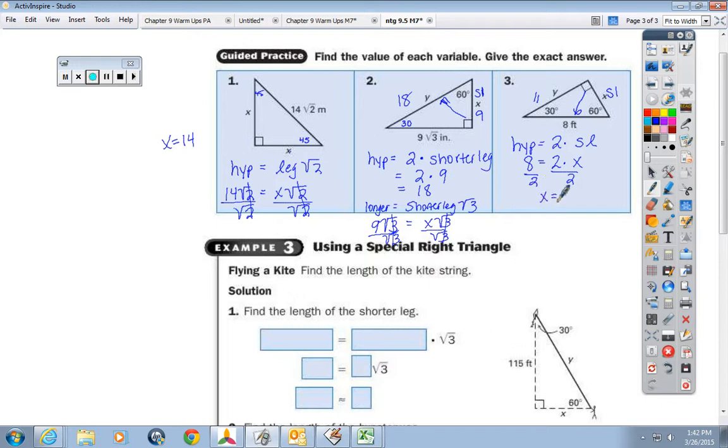Now, can I find the longer leg? What do you know about the longer leg? The longer leg equals what? The shorter leg times the square root of 3. So the longer leg equals the shorter leg times the square root of 3. Do I know what the shorter leg is? Yes. It is 4. So now all I gotta do is take 4 times the square root of 3. And guess what? You can leave your